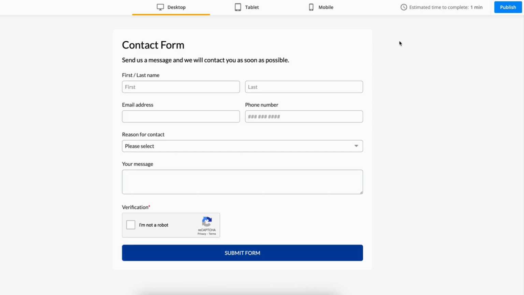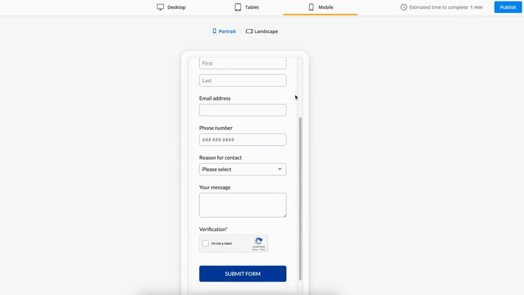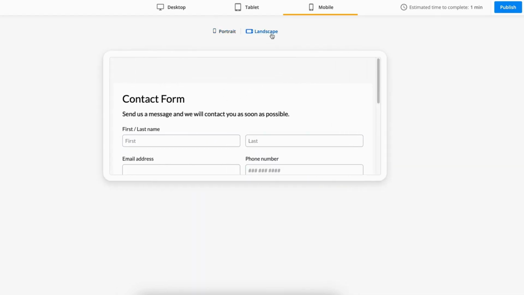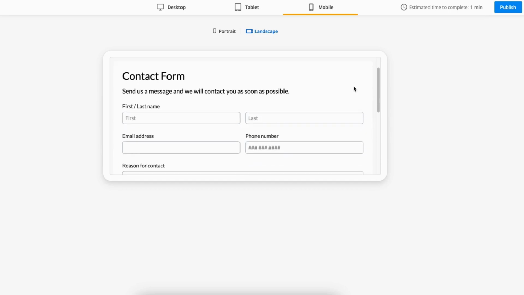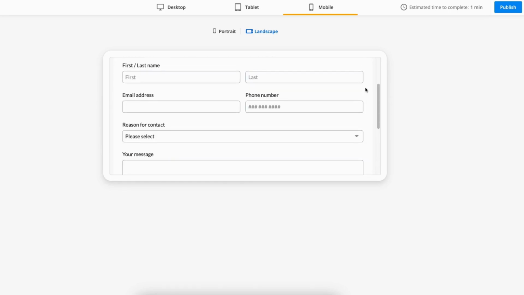Next, let's see how this form looks on a mobile device. As you can see, 123FormBuilder automatically adjusts the layout to fit smaller screens. The form fields stack vertically, making it easy to fill out on a phone. You can even try landscape mode, and the touch-friendly design ensures that users can easily tap and enter information without